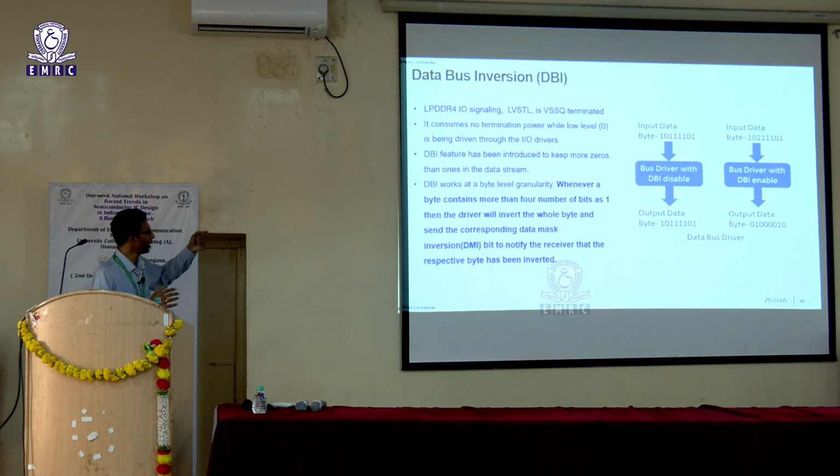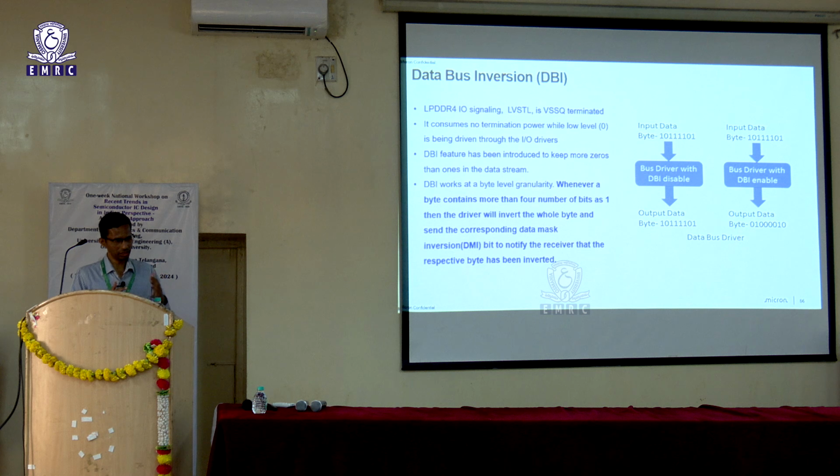Now, let us say we are sending data streams from your CPU to the memory, and you have a stream of 1s and a stream of zeros. Now, we are just trying to take advantage of the fact that if you are transmitting more zeros, you are not burning power. So, the way we do that is you count the number of ones that you will have in your stream, and if the ones exceed 1/2 of your data bits, then you use this DBI bit to tell the DRAM that, okay, I am actually sending out an inverted data pattern to you. Internally, you will have to invert the data pattern.